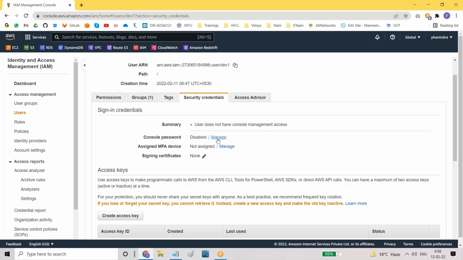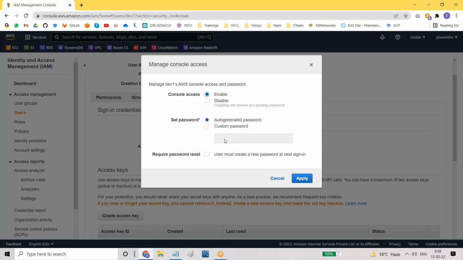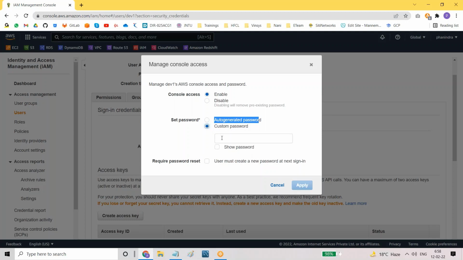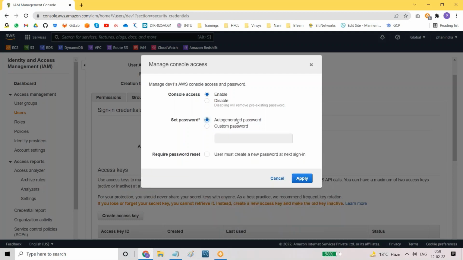So now click on manage once again and click on enable and you can set some new password. The new password will be either an auto-generated password or some custom password. Auto-generated password means it will be generated automatically. Custom password means you can set whatever password you want. Suppose I'll be selecting auto-generated password, and here I have to provide the option to